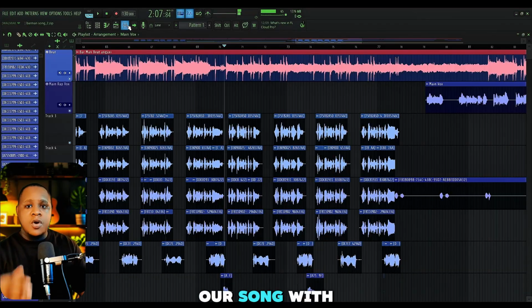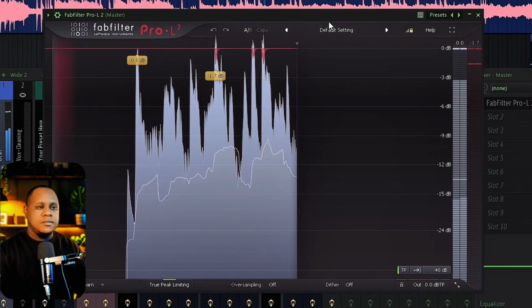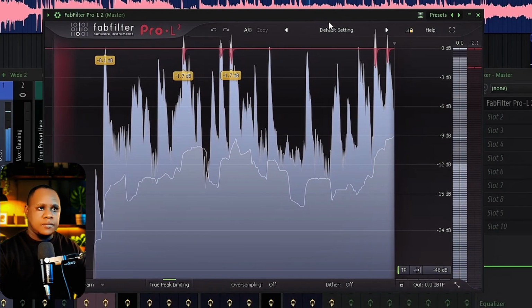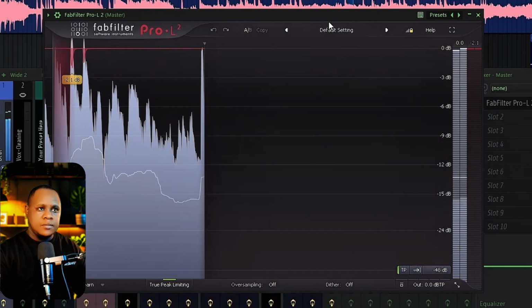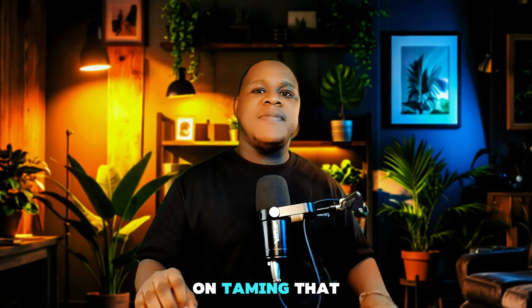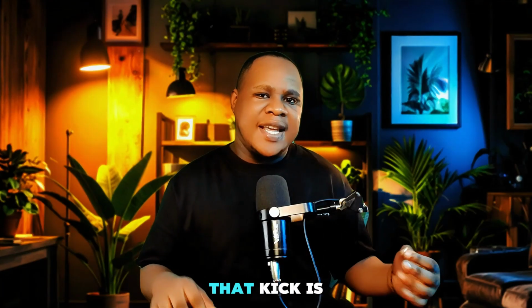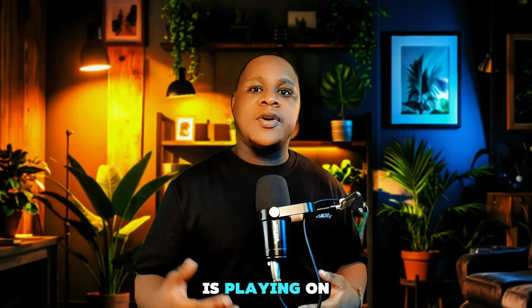Now, this is our song with a limiter. For this song, it is actually working on turning down that kick and snare, nothing else, guys. Making sure that that kick is not too loud or too harsh when the song is playing on different sound